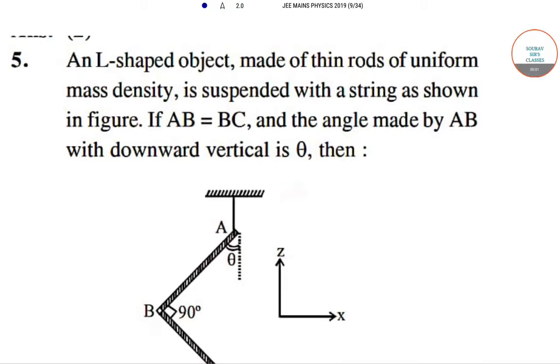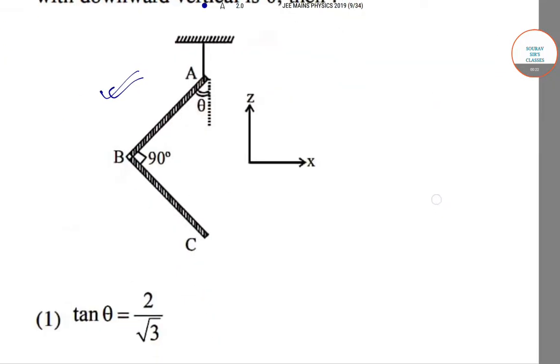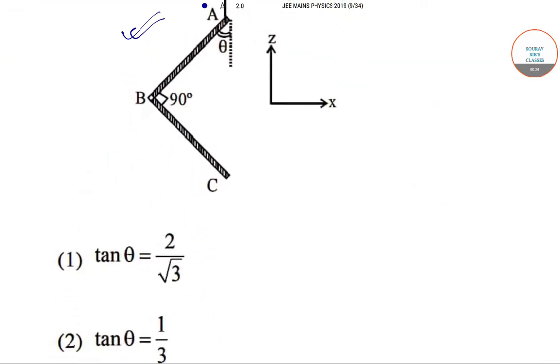This is the question of Joint Entrance Main Physics question paper 2019. So let us understand how we solve the question. Here, an L-shaped object made of thin rods of uniform mass density is shown in the figure. If AB equals BC, then the angle made by AB. If we draw the diagram,